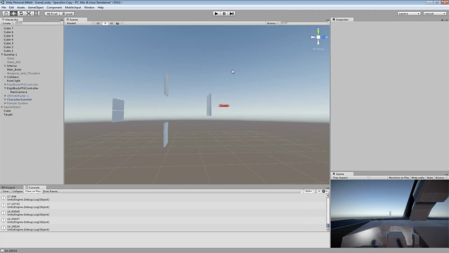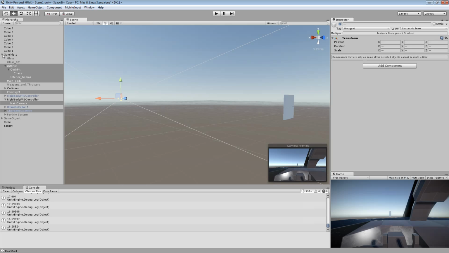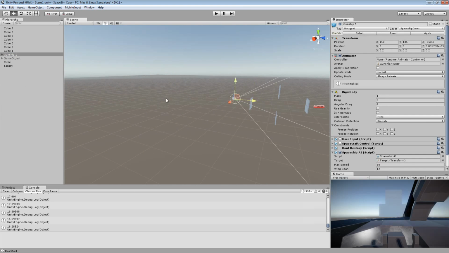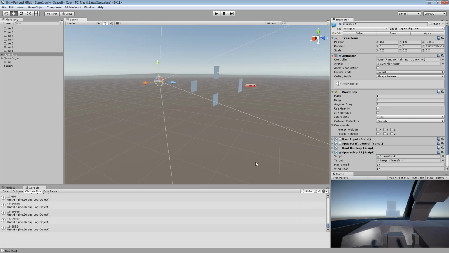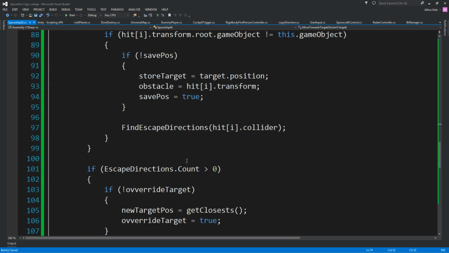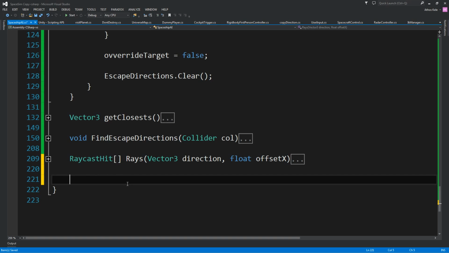Now the speed is moving, our spaceship is moving, of course. It has a lot to do with what current AI state the target is. So let's see some examples, or maybe let's see how we can change the speed around. So I'm going to add a new function. I'm going to say manage speed,